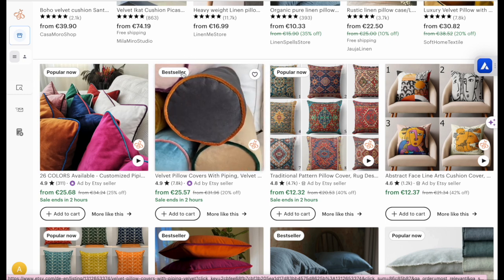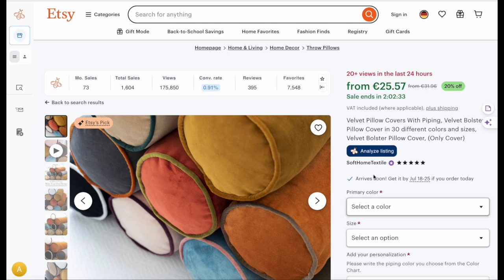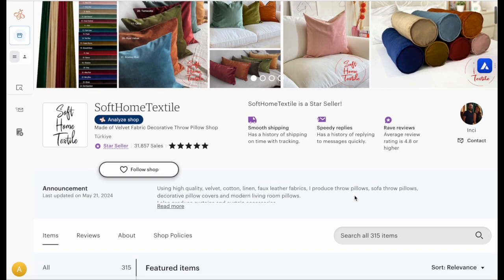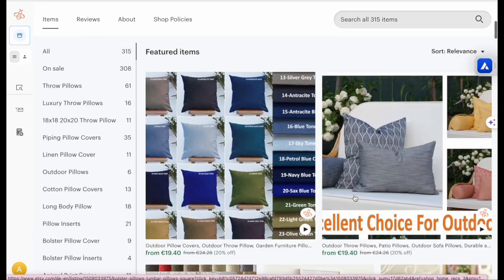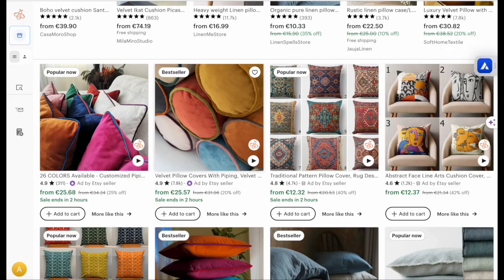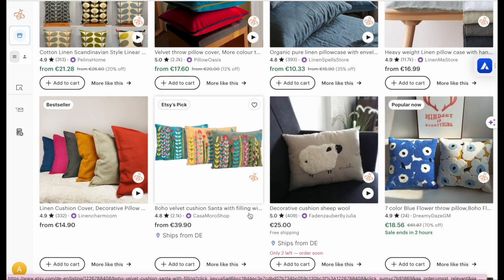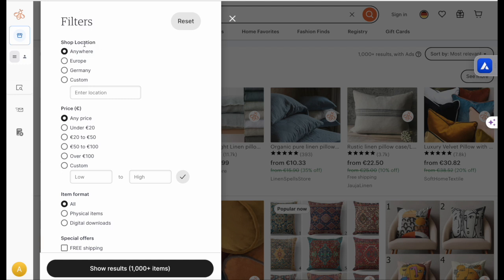So bestseller is the item which is sold the biggest number in this particular shop, right? So Etsy marks this product of this shop as a bestseller. And through this product, we can go to the shop and have a look at what this shop is selling, etc. But we are looking for drop shipping products. So we are not going to produce any item, do embroidery or anything, right? So we can use simple Etsy filters and try